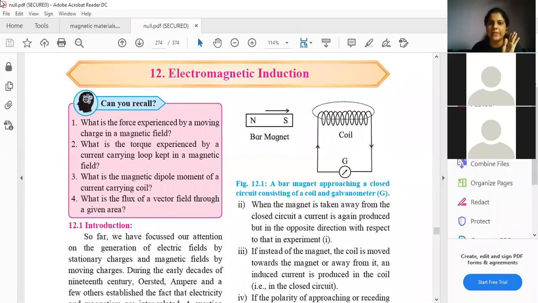Now, what is magnetic field B? What is the original formula for B? I had explained this when we started this chapter, and this is in your 11th standard. B is nothing but phi upon A, right? Yes or no? And what is phi in this? Phi means magnetic flux, and magnetic flux means the number of magnetic lines of force. Magnetic flux per area gives me the magnetic field. So change in magnetic field, that is change in magnetic flux lines, will induce current in this coil. This is the basic concept that is there.